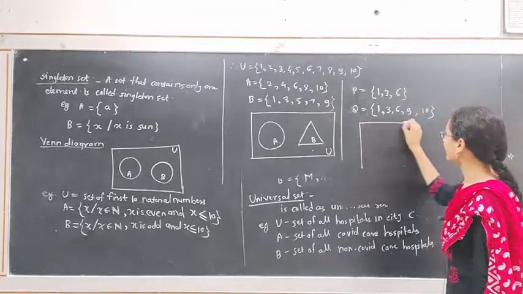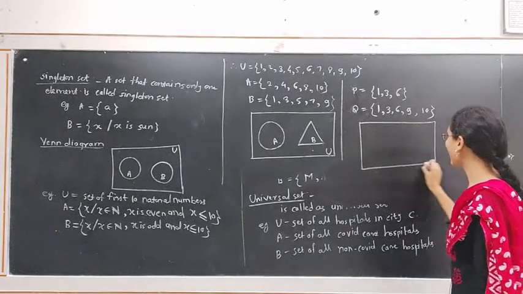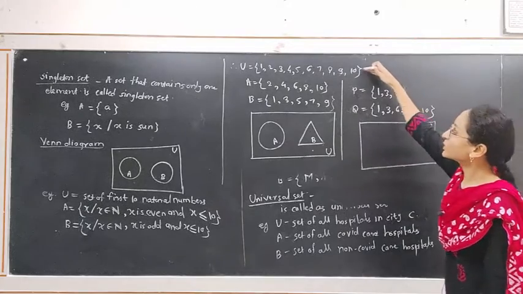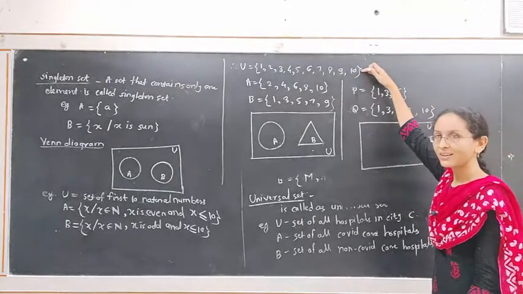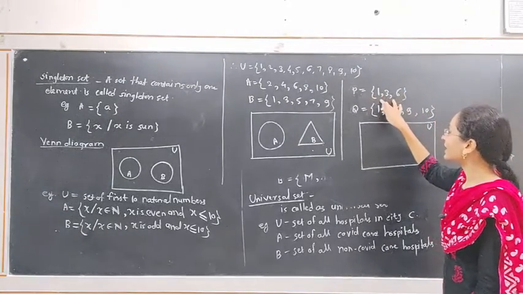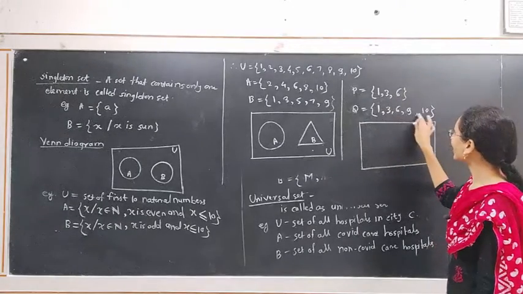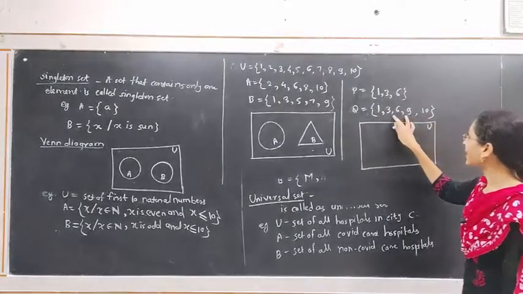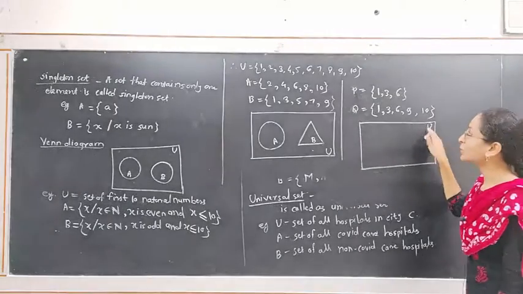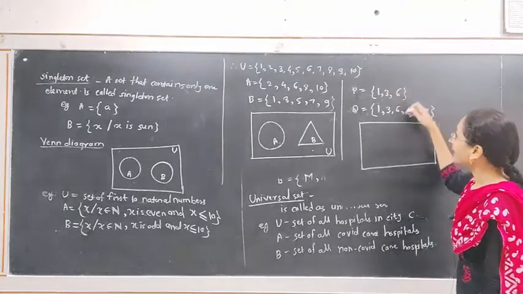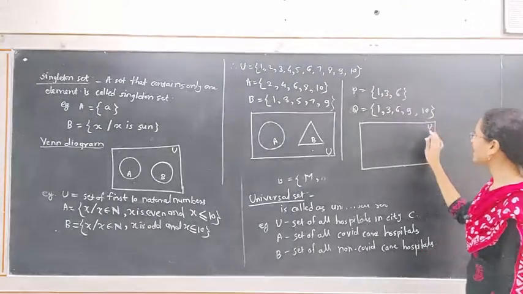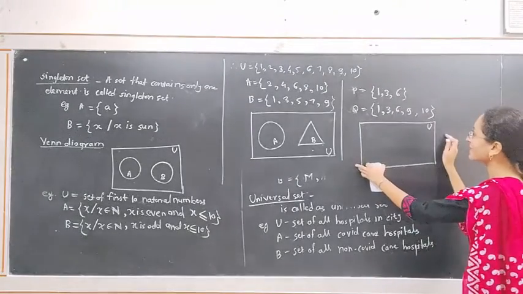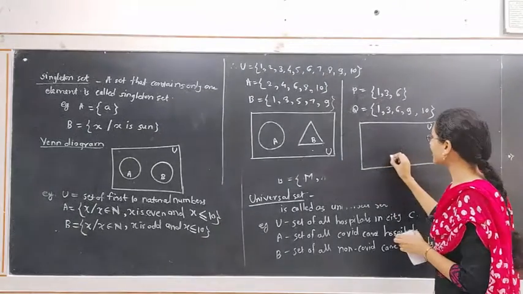We represent these sets in a Venn diagram as, this is set U, the same set of first 10 natural numbers. P is the set of 3 elements and Q is the set of 5 elements. Those 5 elements are again from set U. P and Q are subsets of set U, hence U is this bigger set. Then consider the set Q.